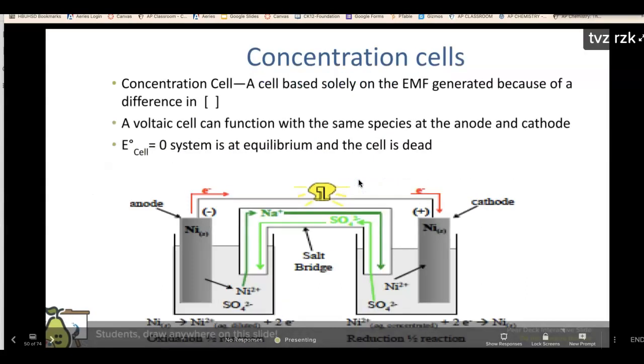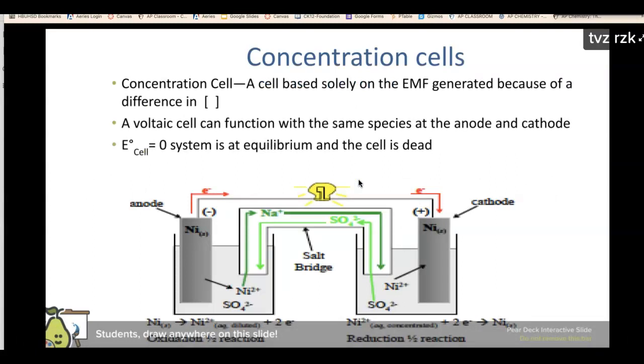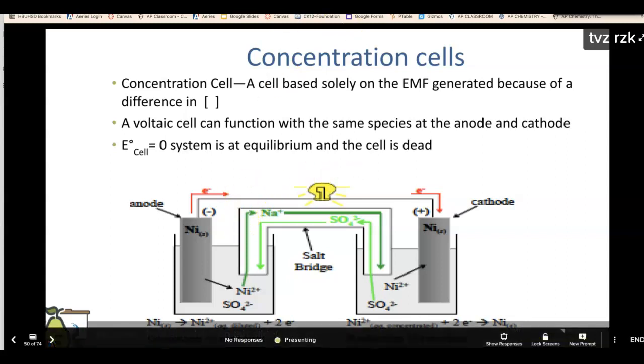Okay. So the next part is concentration cells. These are cells that work and produce a current just based on concentration difference. It's not like the copper-zinc one, which involves 2 different species, copper in one and zinc in the other. This is being driven by the same species with a concentration gradient, meaning one side is more concentrated than the other. Specifically, it's the cathode that's more concentrated than the anode, okay? And so what happens, I will show you with this example,